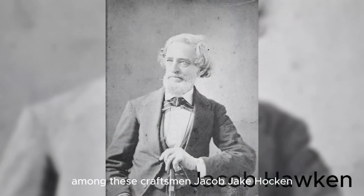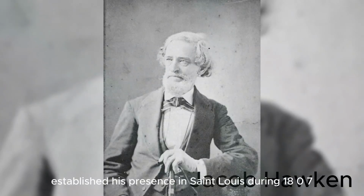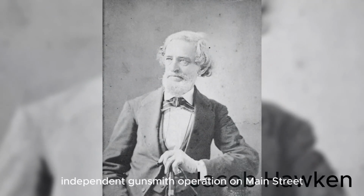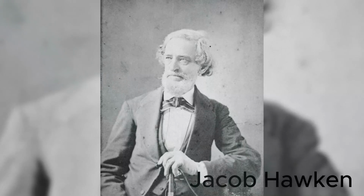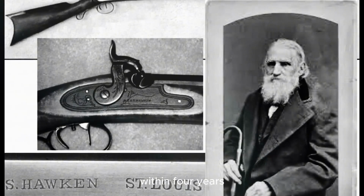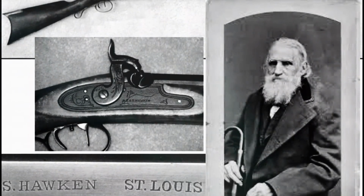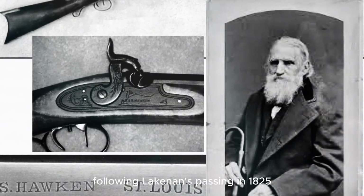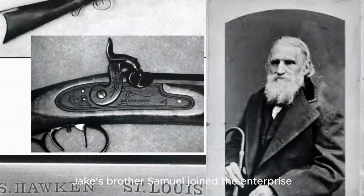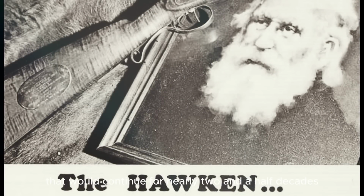Among these craftsmen, Jacob "Jake" Hawken established his presence in St. Louis during 1807, launching his independent gunsmith operation on Main Street by 1815. Within 4 years, he formed a partnership with craftsman James Lakenen. Following Lakenen's passing in 1825, Jake's brother Samuel joined the enterprise, forming the J&S Hawken partnership that would continue for